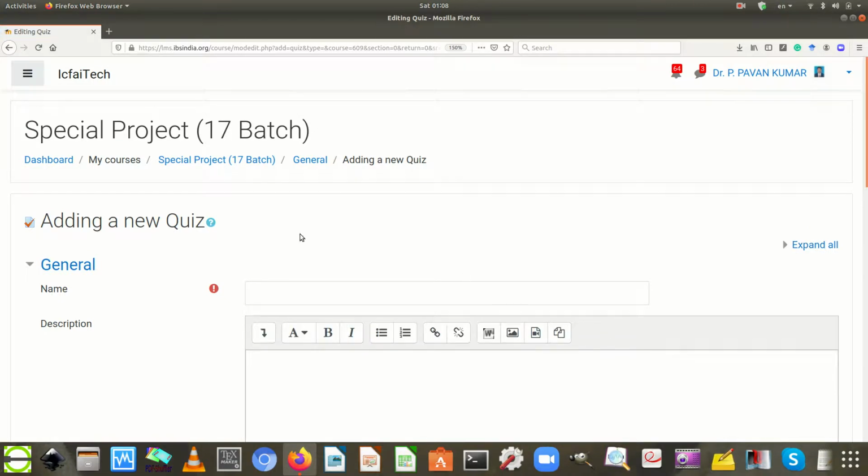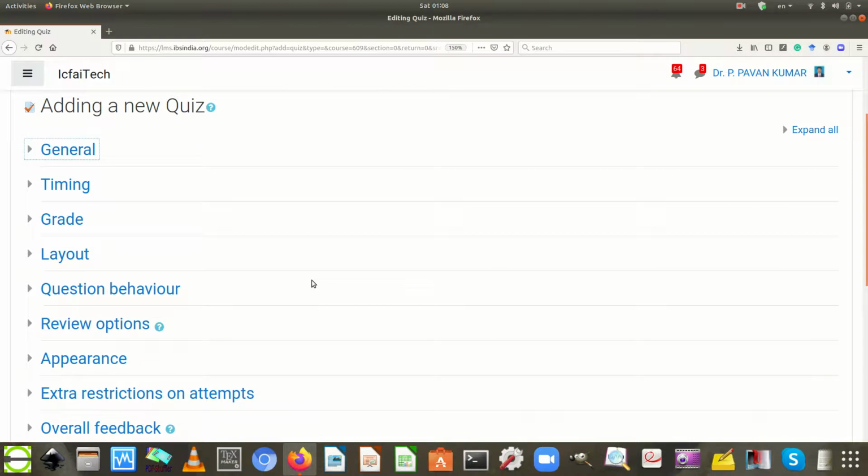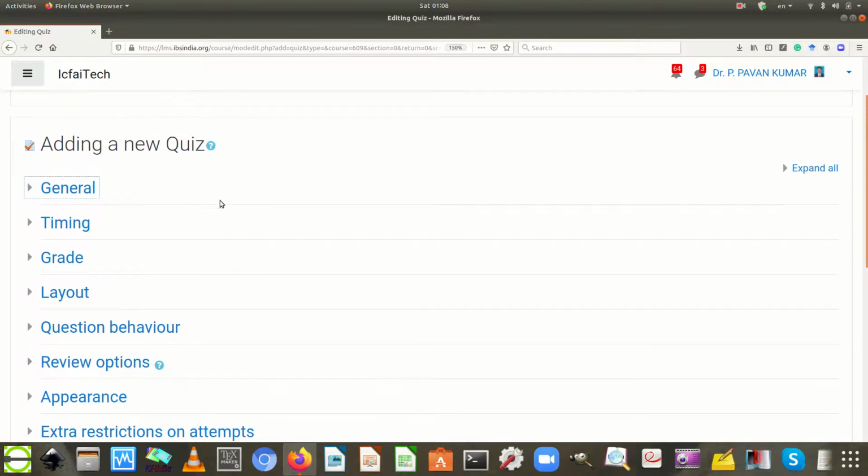Once the adding a new quiz page has loaded successfully, under the current course called special project, the user can observe various options under the add a new quiz page.